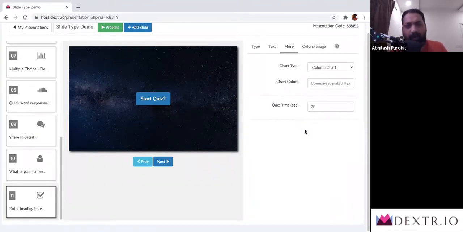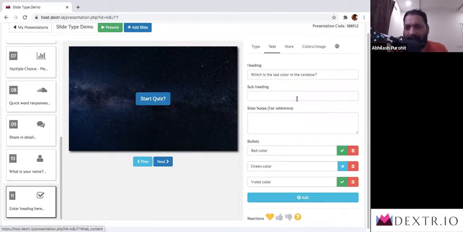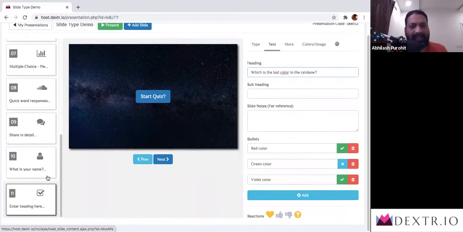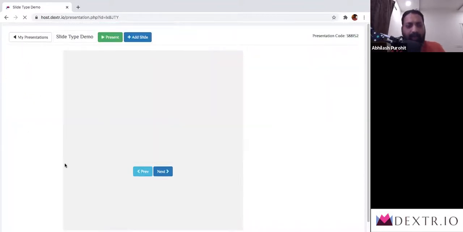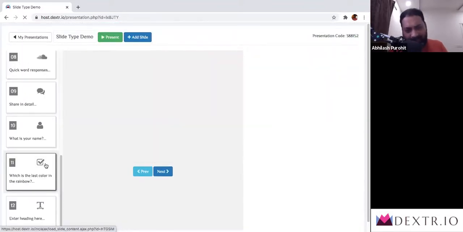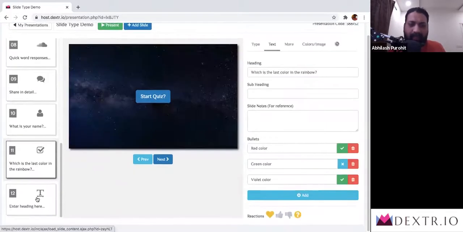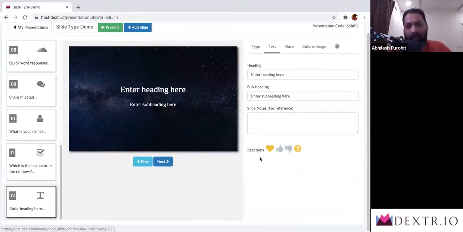So what I've done now is I've added a quiz, and in that quiz, there's a question. There are 3 options, and 2 of them are correct. 1 of them is wrong. That ends the quiz part. Let me add slide and introduce one final missing piece in the puzzle to make the quiz more interesting. And that part is called the leaderboard. I select the latest added slide.